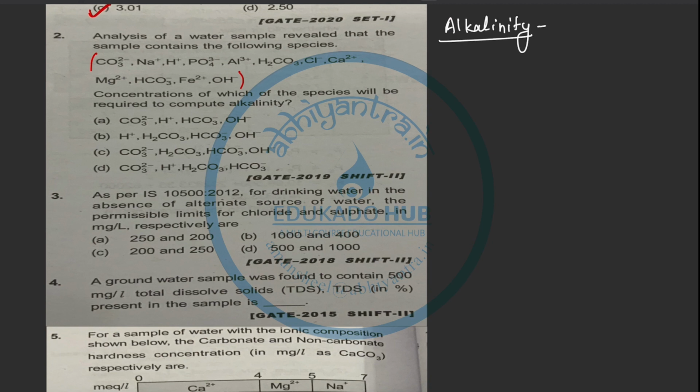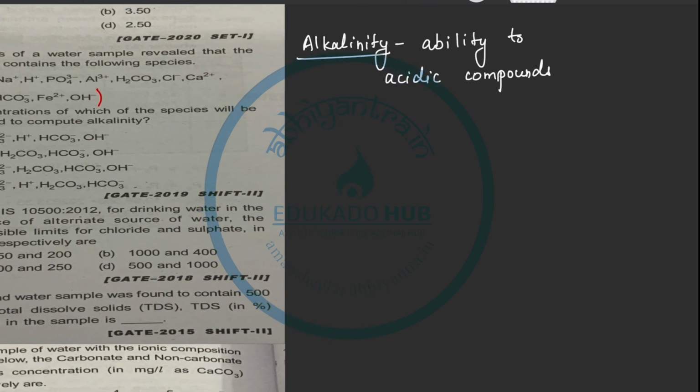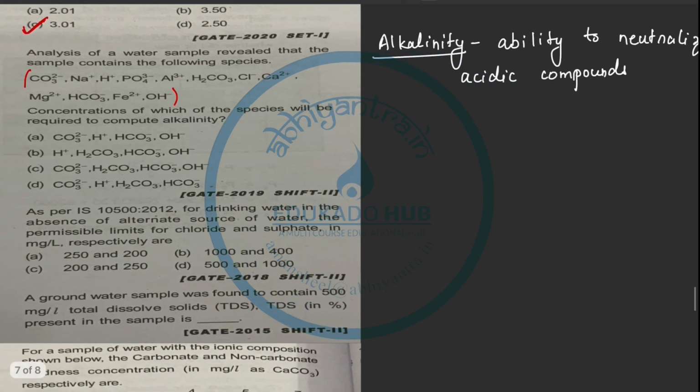So alkalinity is nothing but the ability to reduce the acidity of water, right? Ability to reduce acidic compounds, or better we'll use neutralize. Ability to neutralize the acidic compounds. Okay, so alkalinity is